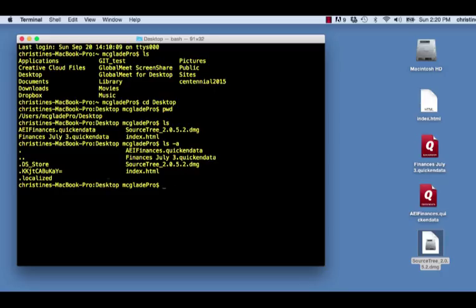So right away, by using command line tools, you can get a lot more information and much more of a direct access to your computer's operating system than you can when you're using the graphic user interface. So we're just going to go through a few other commands that you can use, and it's very important to practice using these commands